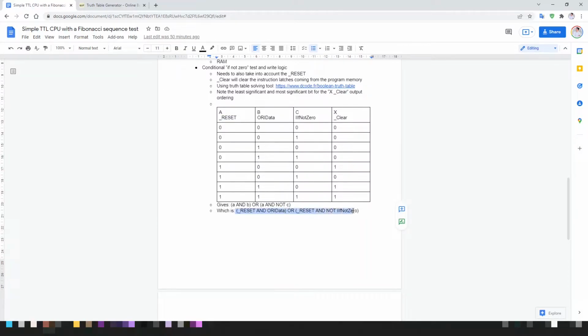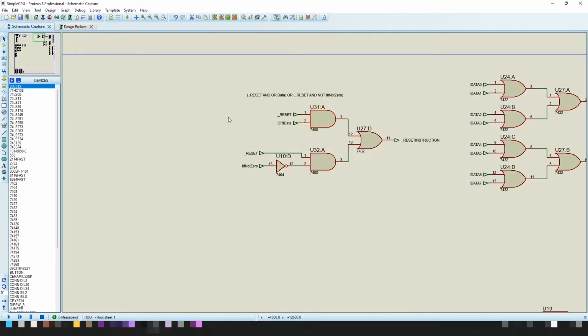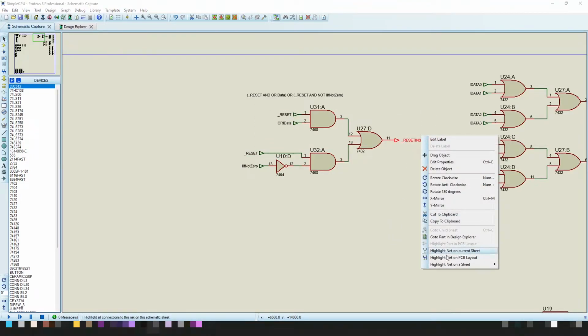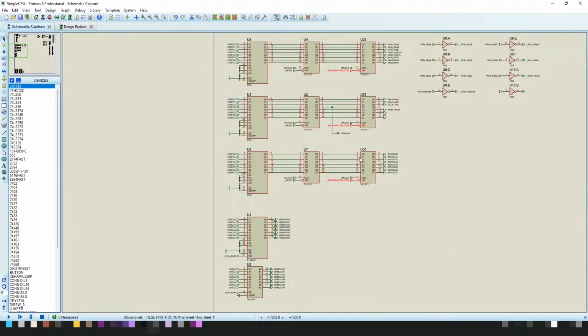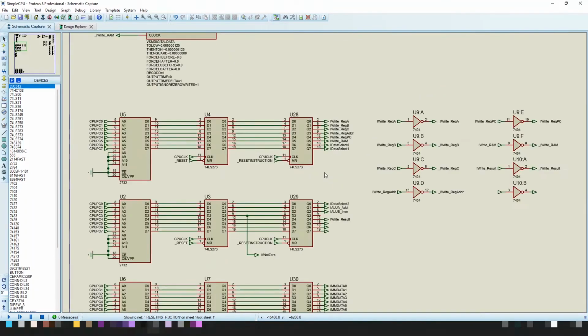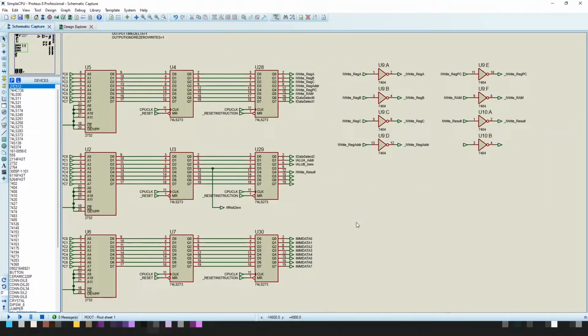So this line here from the truth table solver is represented just by this part of the schematic here. And then this reset instruction comes down, and if I highlight the net on the current sheet, then the reset instruction is used to force the currently executed instruction state to either be 0 or to allow the current instruction state to be executed. And that's basically the whole